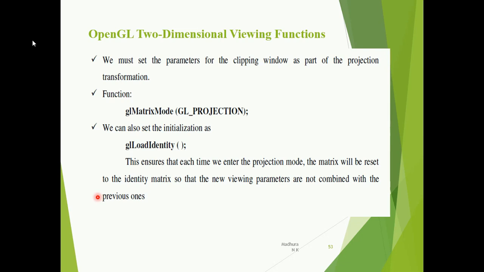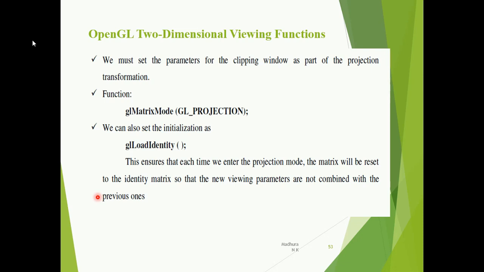But we can adapt the three-dimensional viewing routines to a two-dimensional scene as well. We also use the GLU utility and GLUT functions, and let us see in detail how you can set the projection mode in OpenGL.